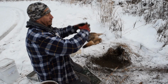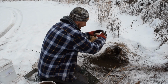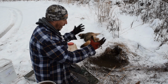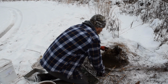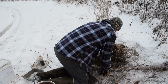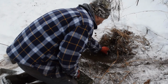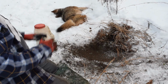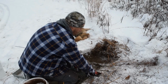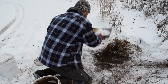But the one thing about that duff is even when you get a big snow, we'll take a drill or a punch and put us a hole in there, and then put that duff over top of it and put that bait down in that hole, and then that duff, moisture and rain and snow and all that, still protects your bait hole. Well, most of that stuff is under here, and I'm not going to fool a whole lot with it because that coyote come up, he dug that hole out pretty good. But that duff protected things enough that all we had to do was basically clean it out a little bit and use it again. So you can take all this snow, and you don't have to, but some guys